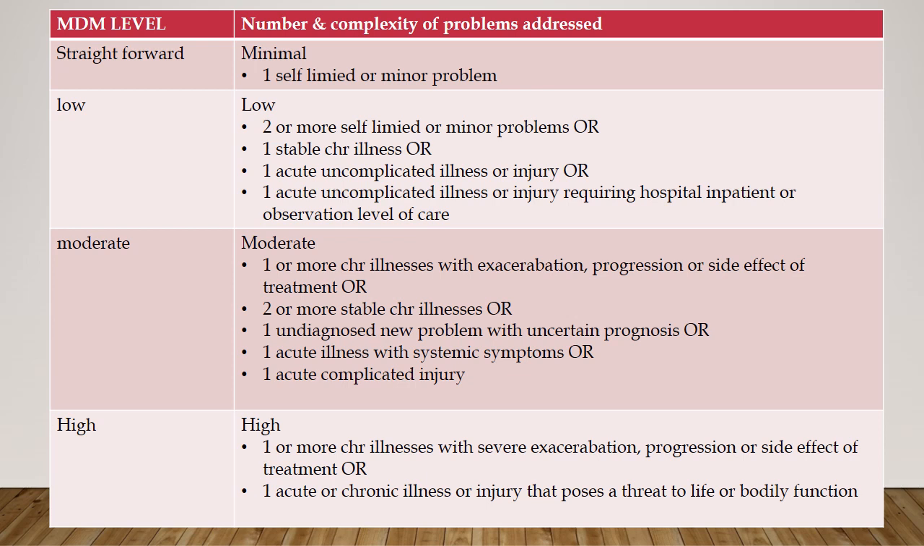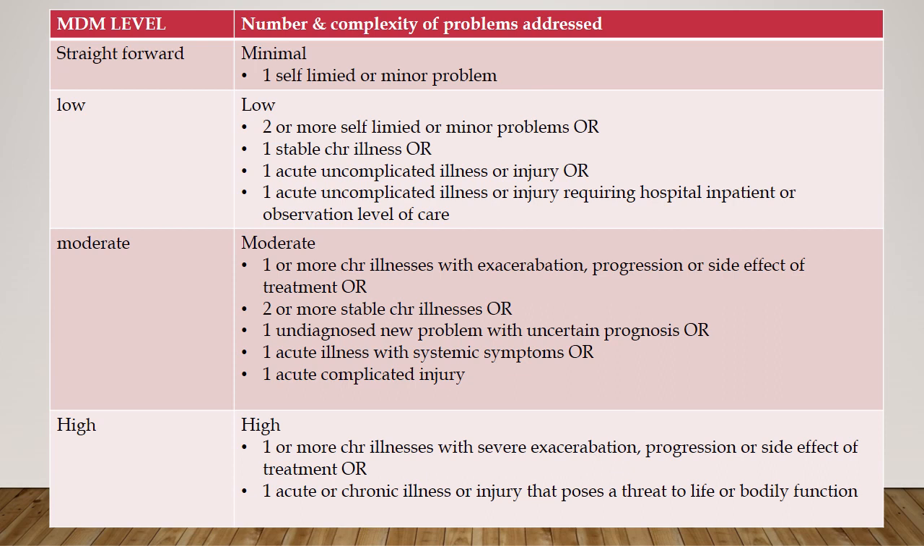So in the previous video, I have already given you a vague idea about the MDM table, the big MDM table. There are 4 levels of MDM: straightforward level, low level, moderate as well as high level. In order to identify the level of MDM, which is not directly given in the question, we need to